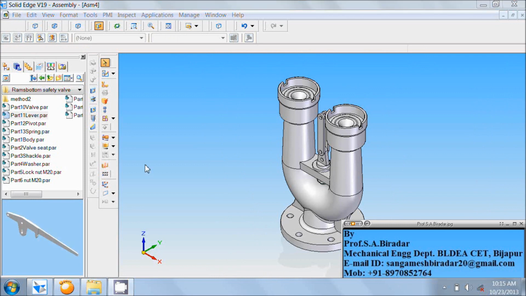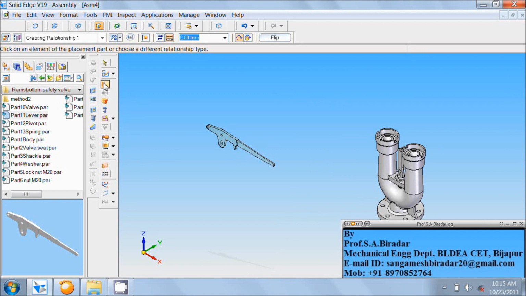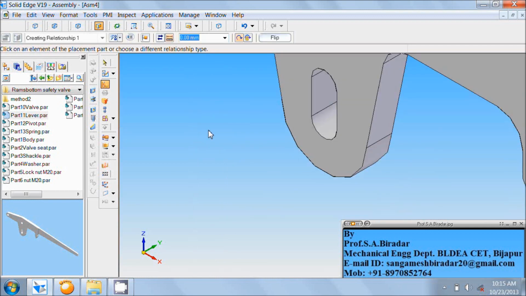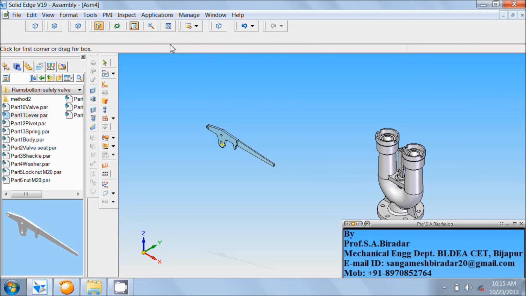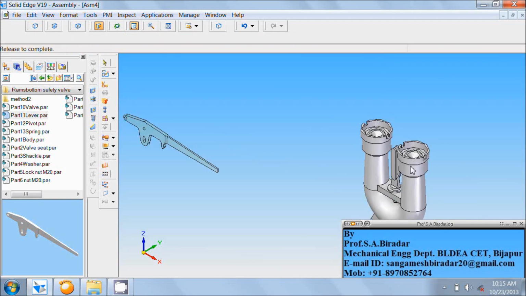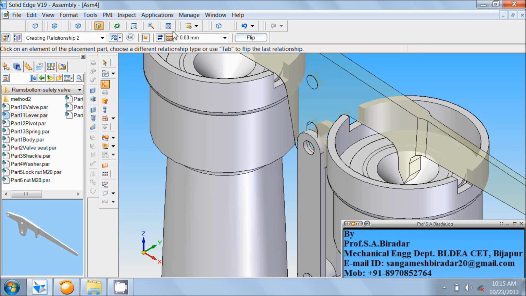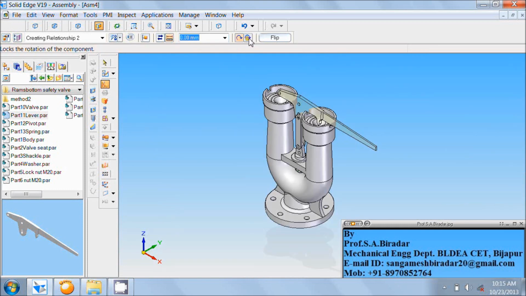Now double click on 11th part, that is lever. Click on assemble command, use zoom area, zoom this area, right click of the mouse, select this portion of the lever, fit it, use zoom area, zoom this area, right click of the mouse, select this hole in the link, fit it, click on lock rotation,